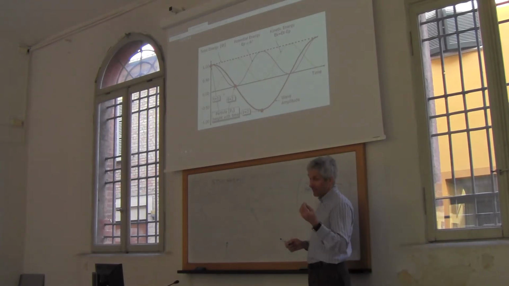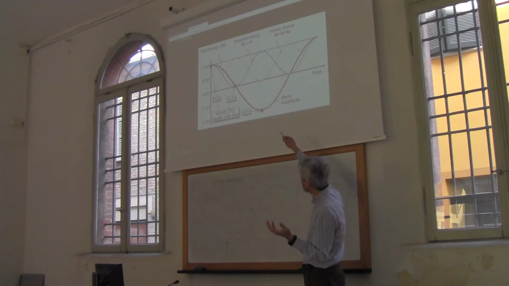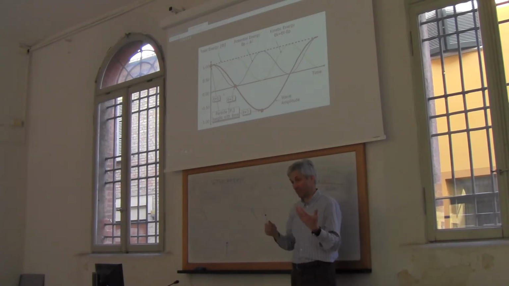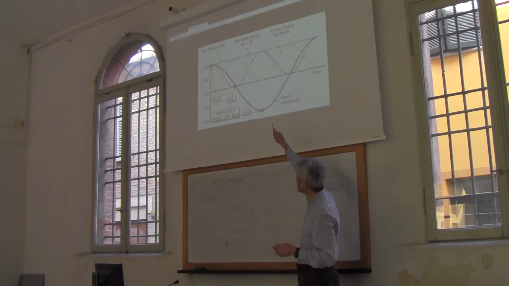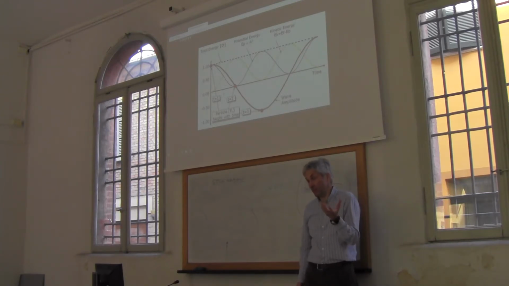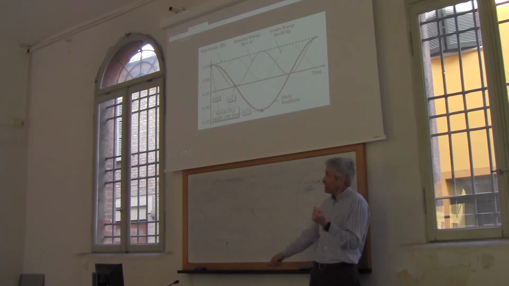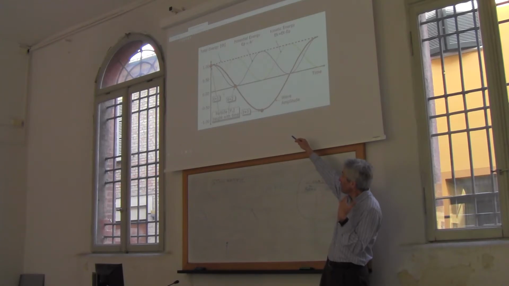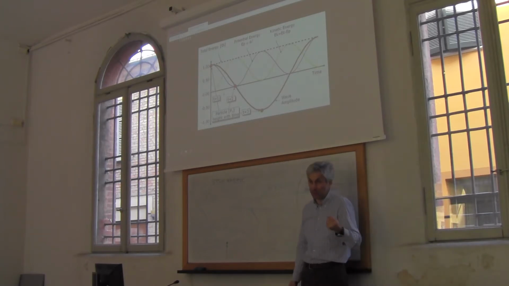But what we need at the end of the story to keep in mind is that they compensate and they are equivalent. So it means that the max of kinetic energy is equal to the max of potential energy, which is fine, because we admit for now that there is no dissipation, and we admit this because we know that there is very limited dissipation. If the energy of the wave is conserved, and you have some phases where you have zero kinetic, and some phases where you have zero potential, the total energy is conserved, it means that the max of kinetic is equal to the max of potential.